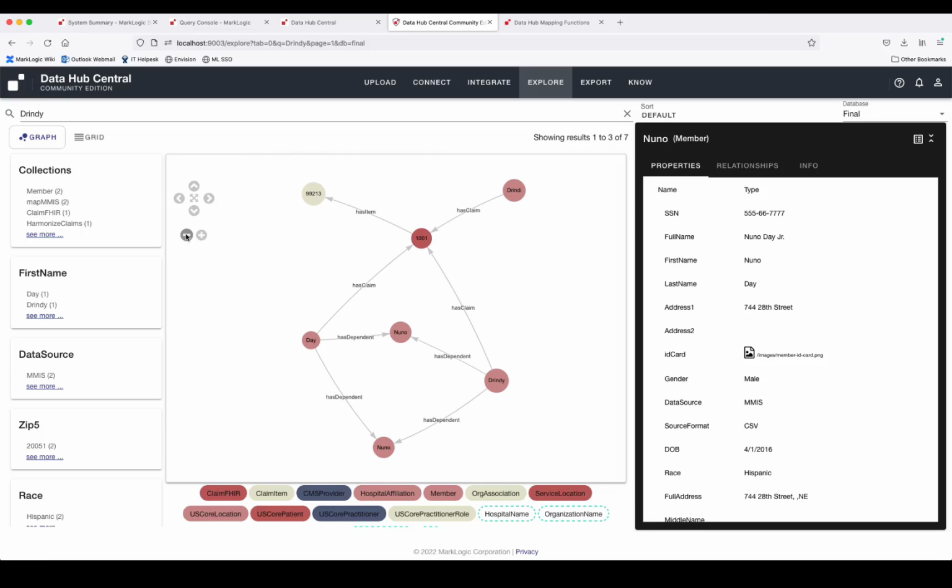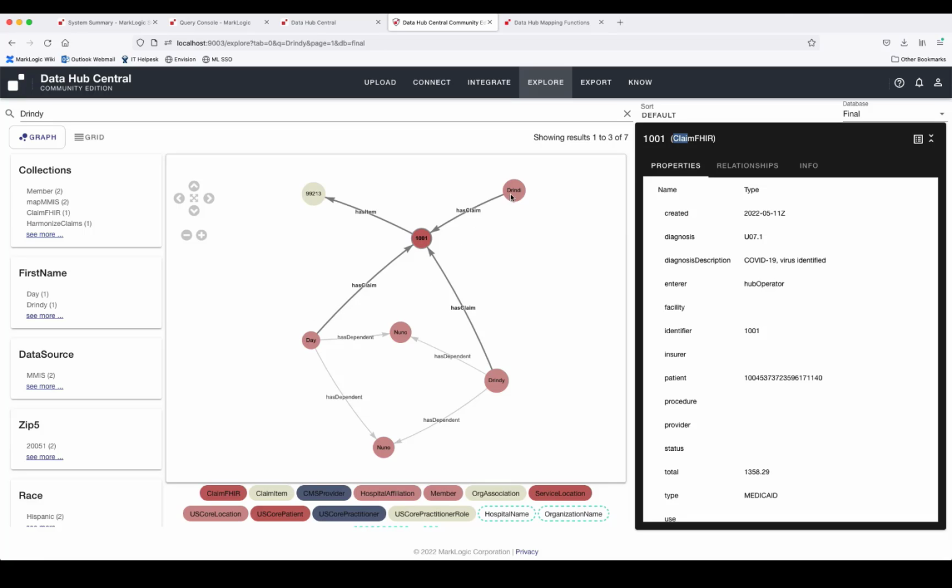I just search on the member Rindy, but as you can see here, I'm getting all the connected information about the member Rindy. So in this case, member Rindy has this claim 1001, and as you can see, this claim is now getting